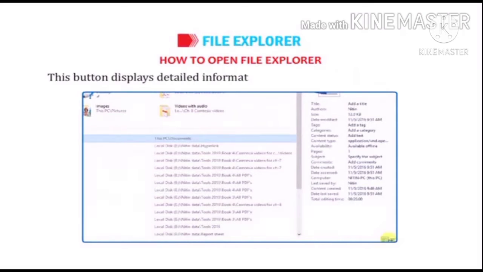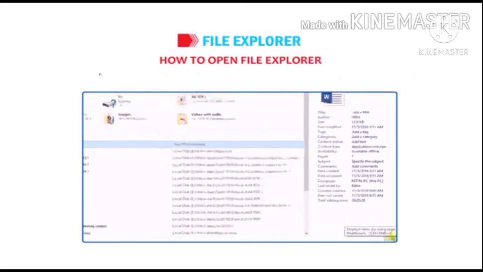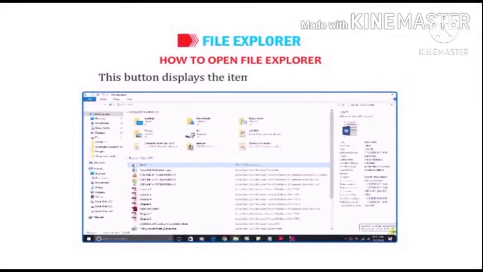This button displays detailed information about each item in the window. This button displays the items using large thumbnails.